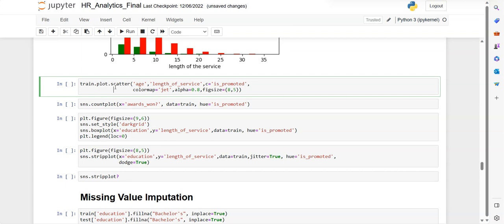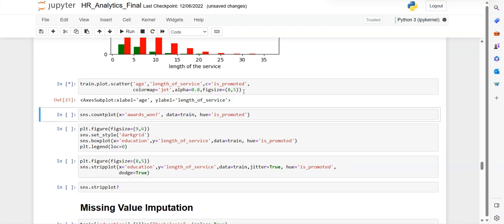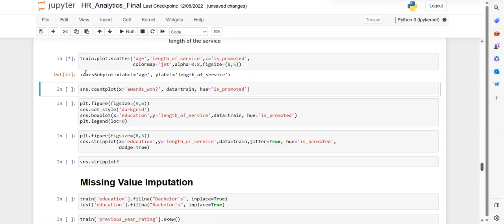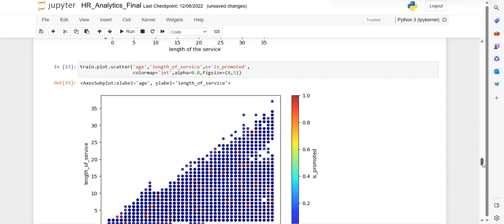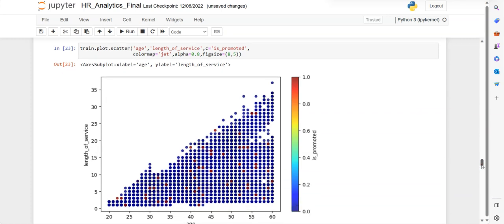And having a scatter plot, train dot plot dot scatter plot. Here having the relations between 3 variables, age, length of service versus is promoted, and having a scatter plot. Color map is Z, alpha value is 0.8, and also we mentioned figure size 8,5. So the cell is running. So this is a color Z, and by looking at the graph you can see the dark red color indicates